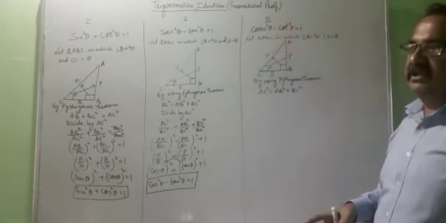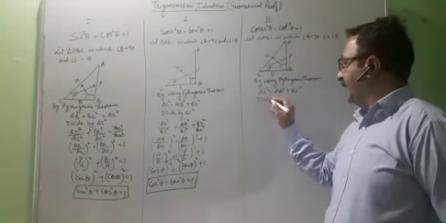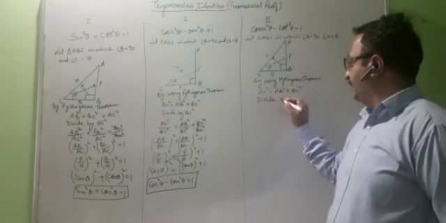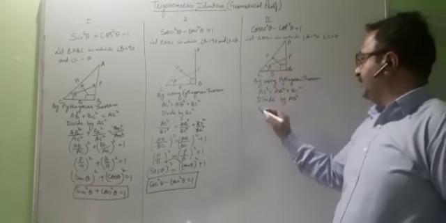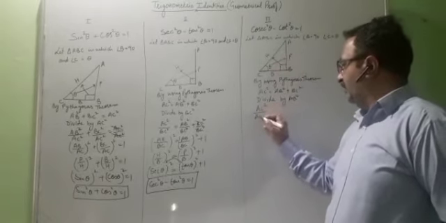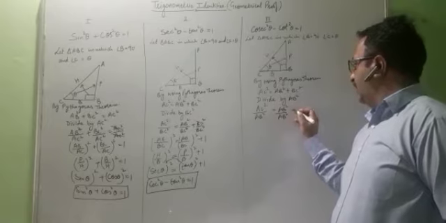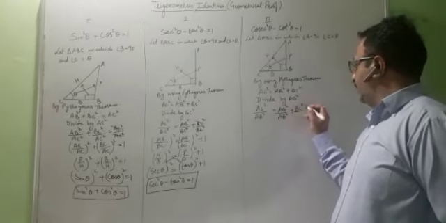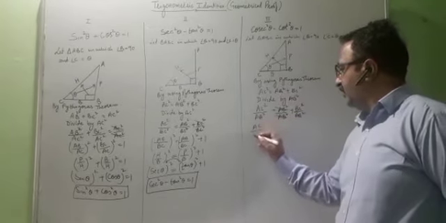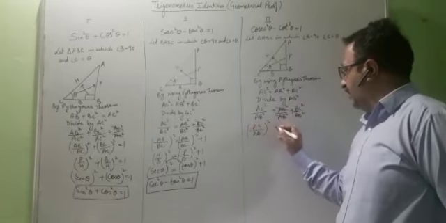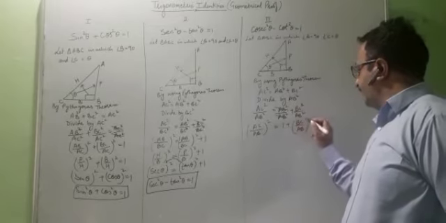The ratio of cot theta is B upon P. So we are getting perpendicular in the denominator. So divide by AB square, because we have decided perpendicular is AB. So AC square upon AB square equals AB square upon AB square plus BC square upon AB square. AB square will cancel out. AC upon AB whole square equals 1 plus BC upon AB whole square.